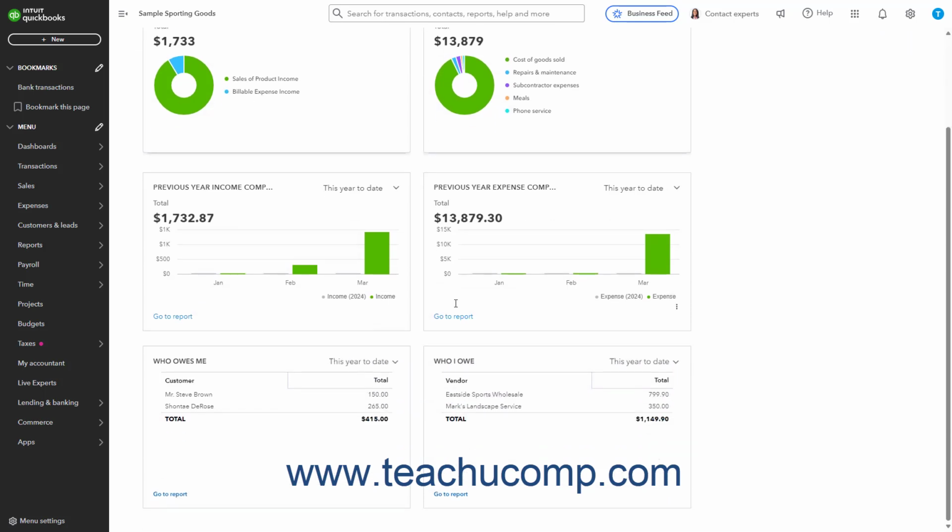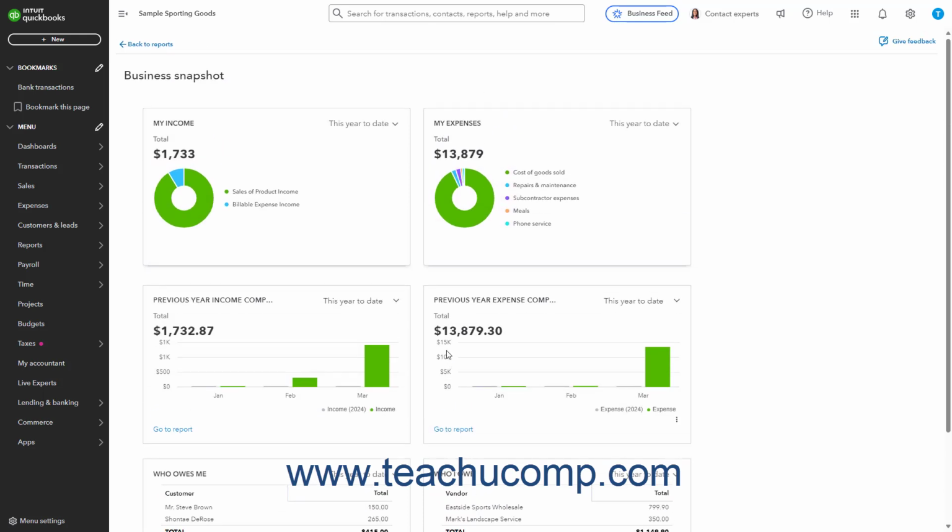At the bottom of the report, the Who Owes Me list shows customers who currently owe you money. The Who I Owe list shows the vendors to whom you currently owe money. The default period for all the graphs and lists is this year to date. To change the period shown in one of the graphs or lists, select a choice from the drop-down in its